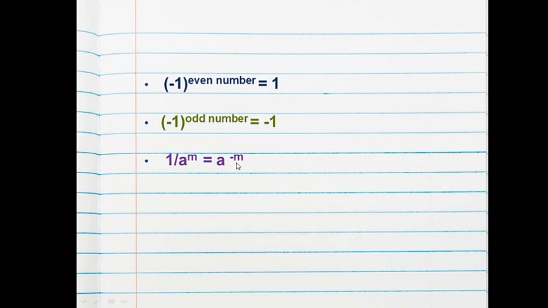Then one more law is there. This is the last law, that is 1 divided by a raised to the power -m equals a raised to the power m. So what is the difference between these two laws? In the first, a raised to the power m is given as positive, and it equals a raised to the power -m, meaning the positive exponent becomes a negative exponent. And here 1 divided by a raised to the power -m is given, which means the exponent is negative, and it becomes positive, that is a raised to the power m.